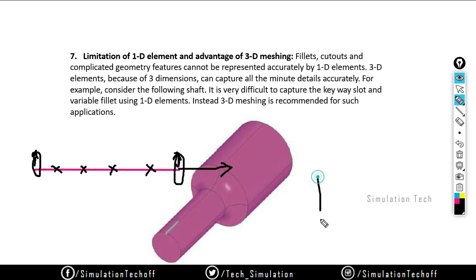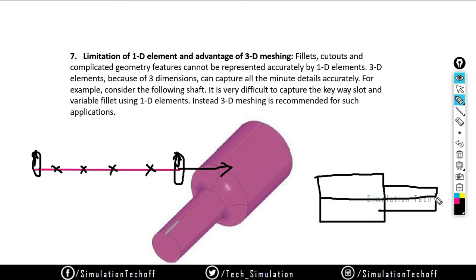Like the step bar we have seen, we don't have any features over here like fillets or chamfers. We can model this as a separate entity and this as a separate entity, and apply a different cross section for each element. For example, this is 60 mm and this is 30 mm, whatever it is. But if you have any fillets like this, you can't include them in the 1D analysis. That does not actually take place in 1D analysis. So those are the drawbacks or limitations of 1D analysis.